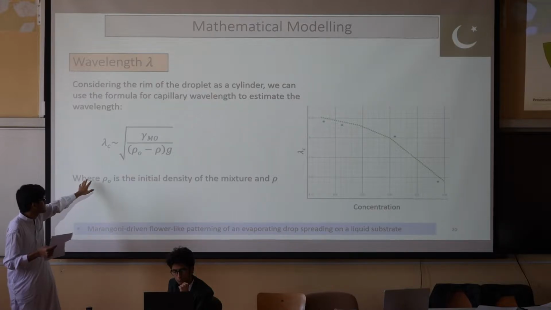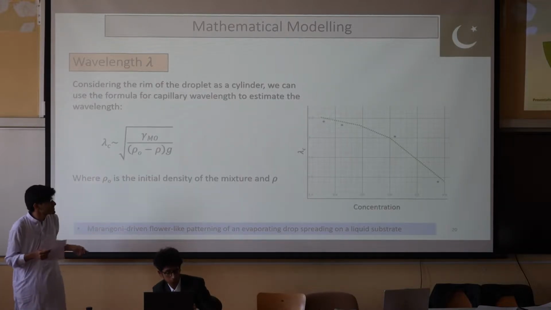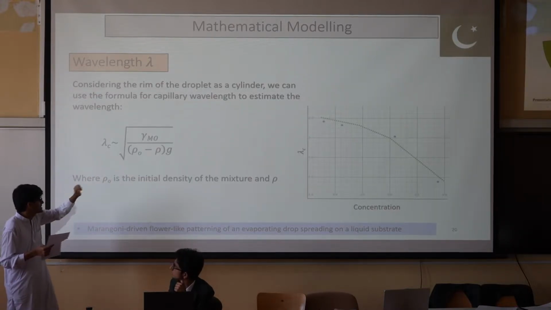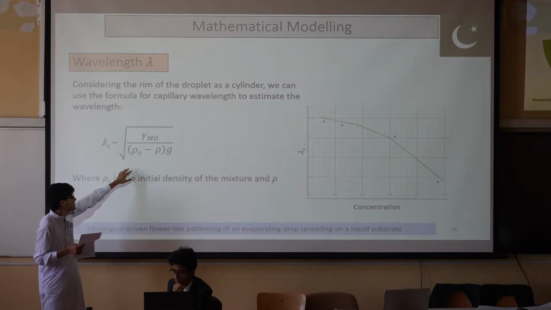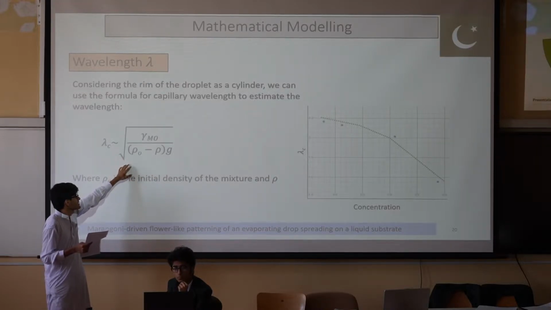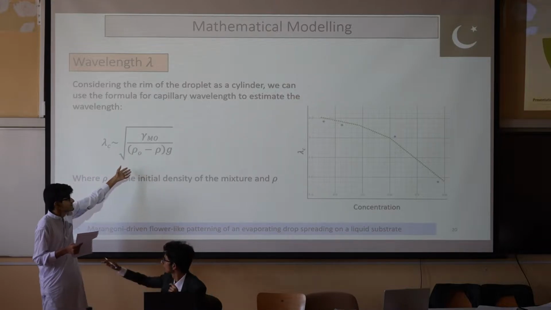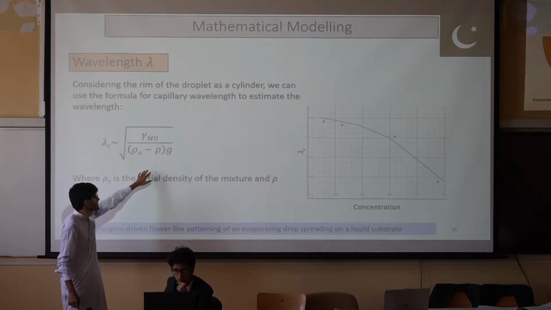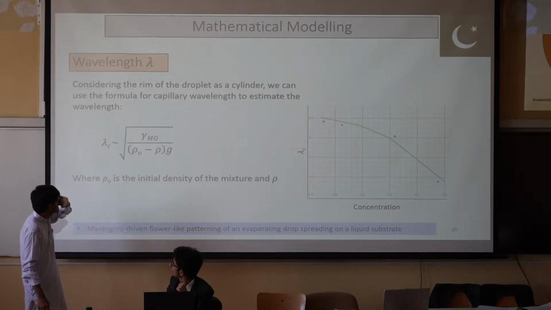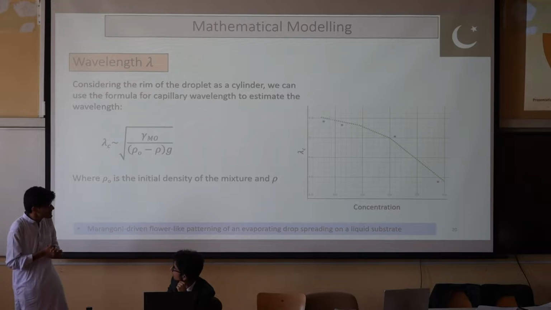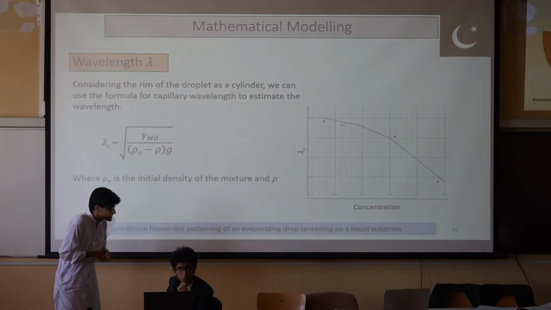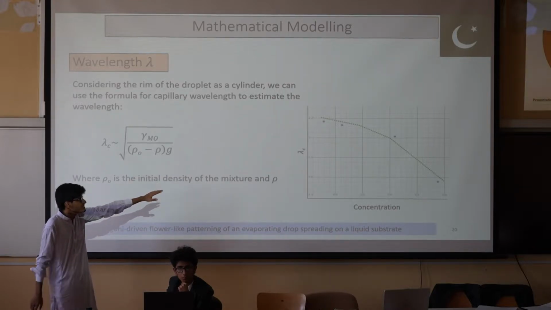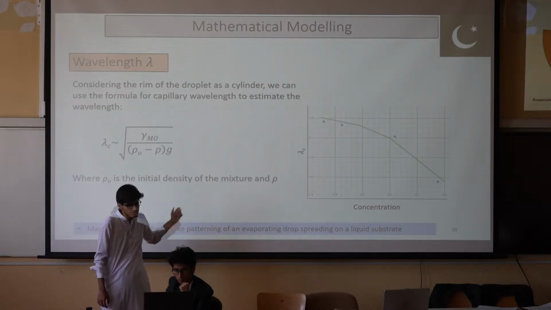The following formula can be used to calculate such perturbations, where the surface tension of the mixture-oil interface is divided by the density of the water-ethanol mixture subtracted by the density of the oil and multiplied by the gravitational acceleration. This should give us, in theory, the capillary wavelength, which we could only calculate from literature, and when we tried to solve it, as you can see, it wasn't really that